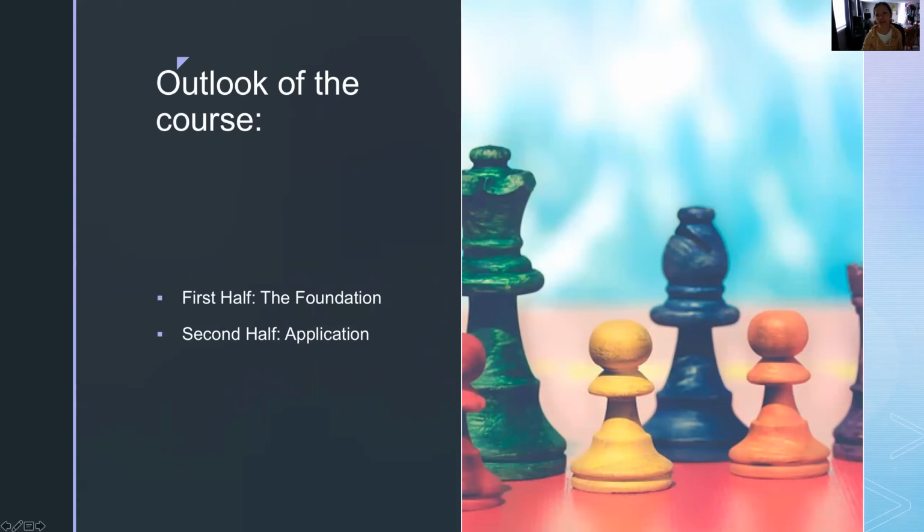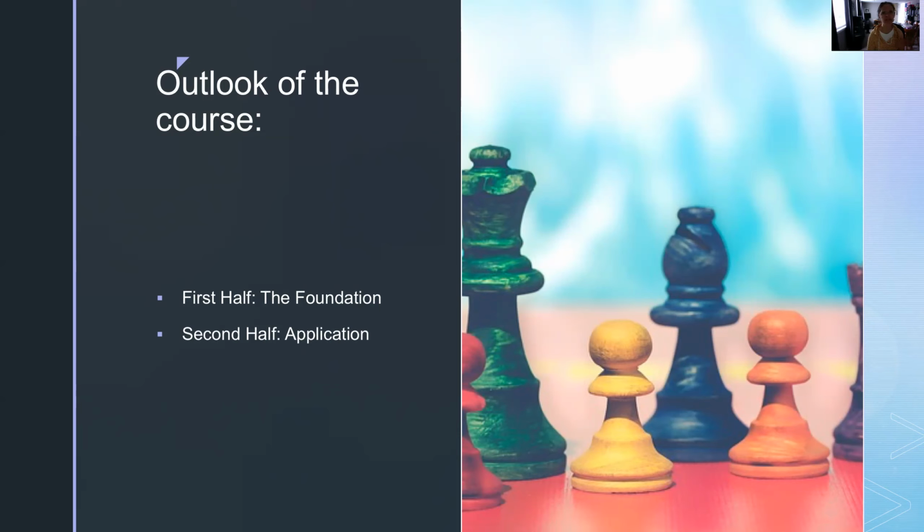The first half of the course, we're going to create a foundation for interpersonal communication. So we're going to look at the self and everything that goes into doing the self, because interpersonal communication is communication between you and another person, or between two people in general. And if you know how you are, then it makes it easier for you to read other people and to communicate with other people. So that's why we start there.